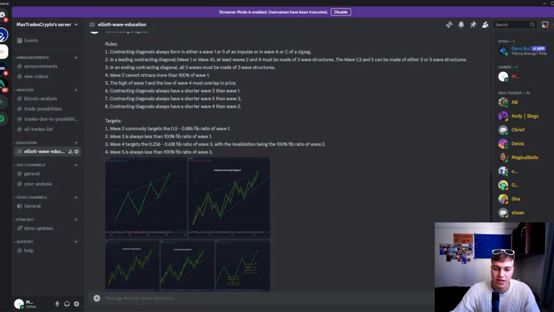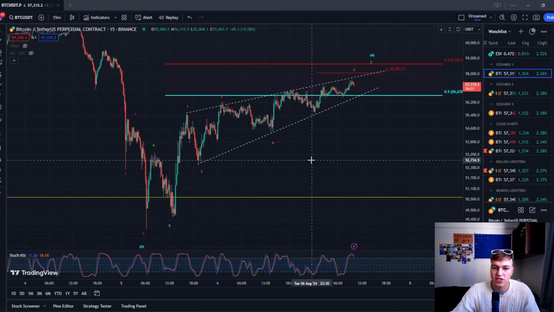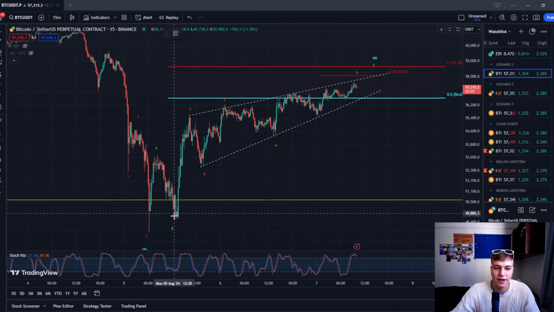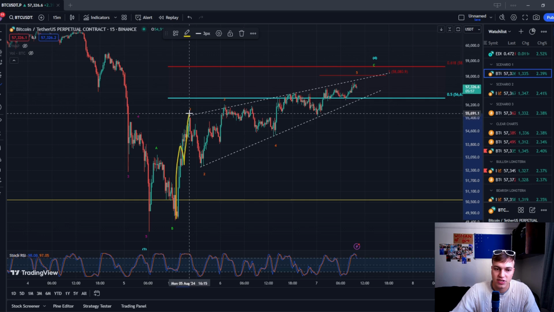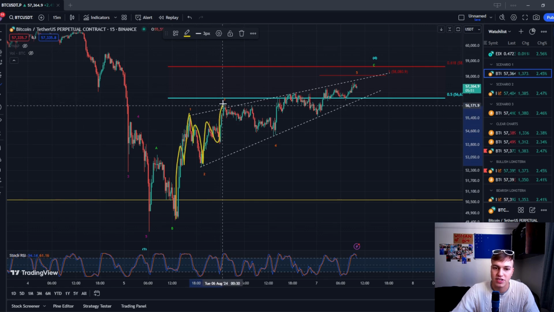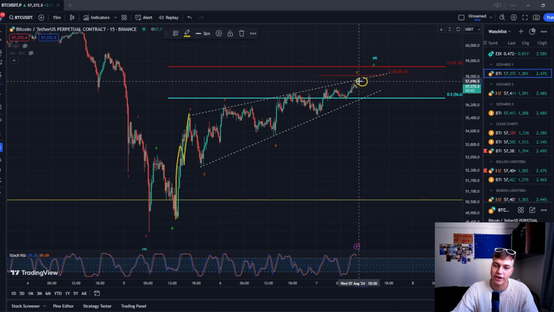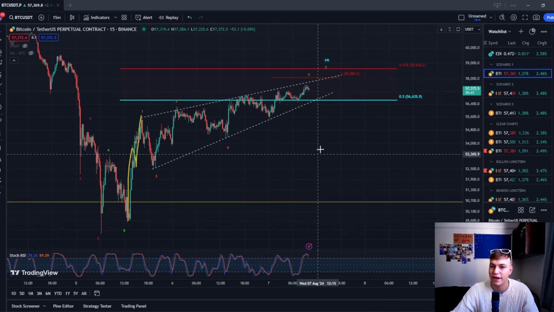Now, we can see this here in this count. We can see a wave 1 with an A, B, C, not a 5-wave move. A wave 2, A, B, C here. Wave 3, A, B, C. 4, and a 5. Now this wave 5 should end relatively soon, and there's an invalidation at